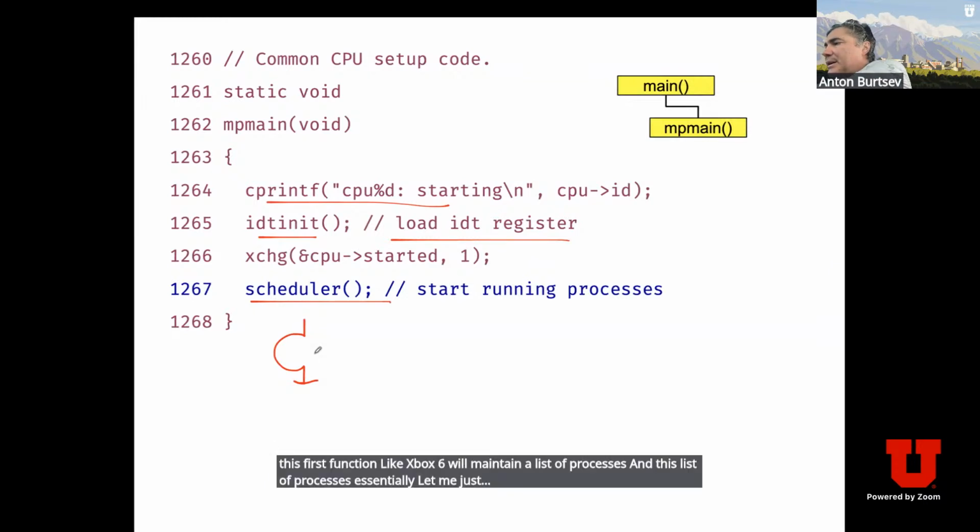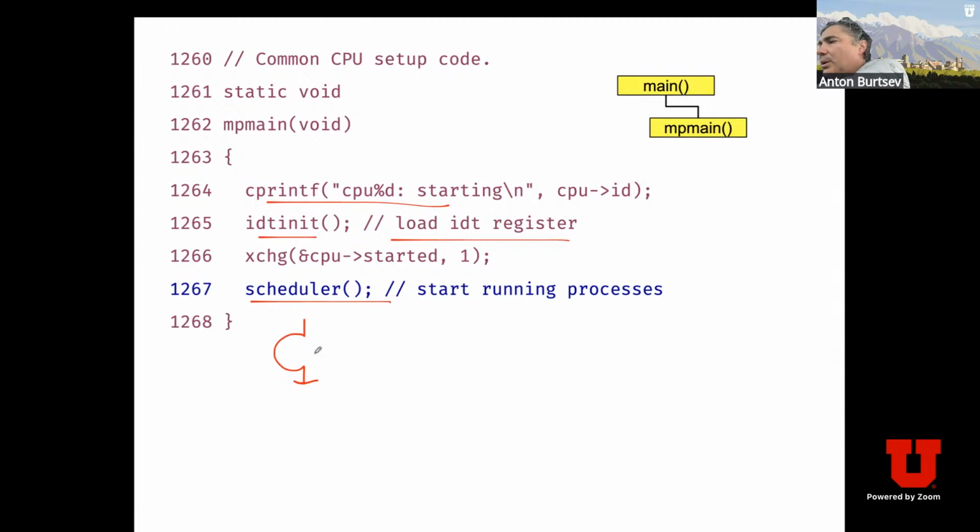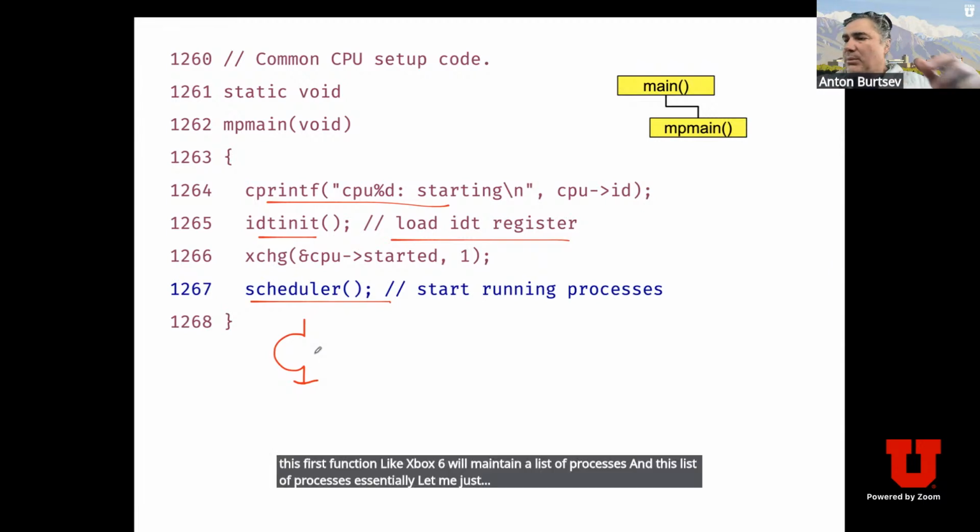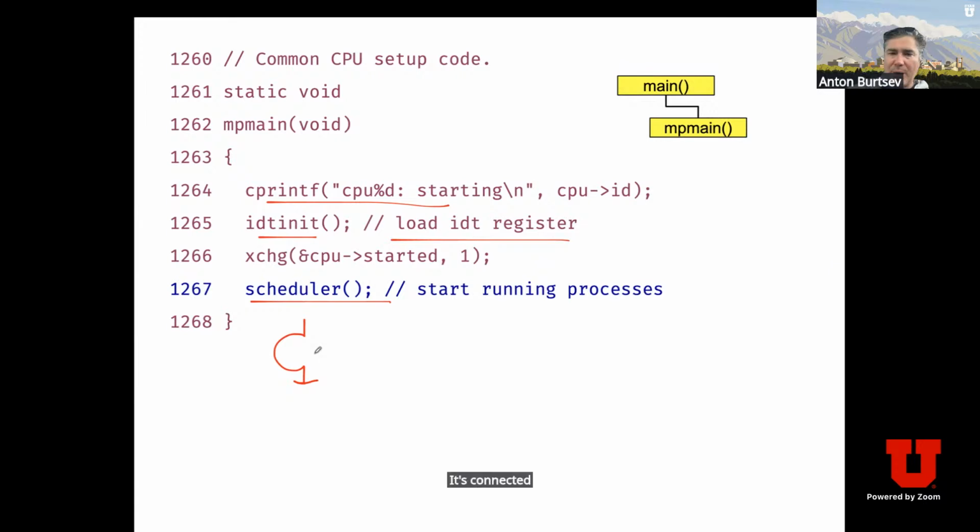let me just power here. So it's connected. This one still has power. Cool. Yeah, this one will connect now. So essentially,